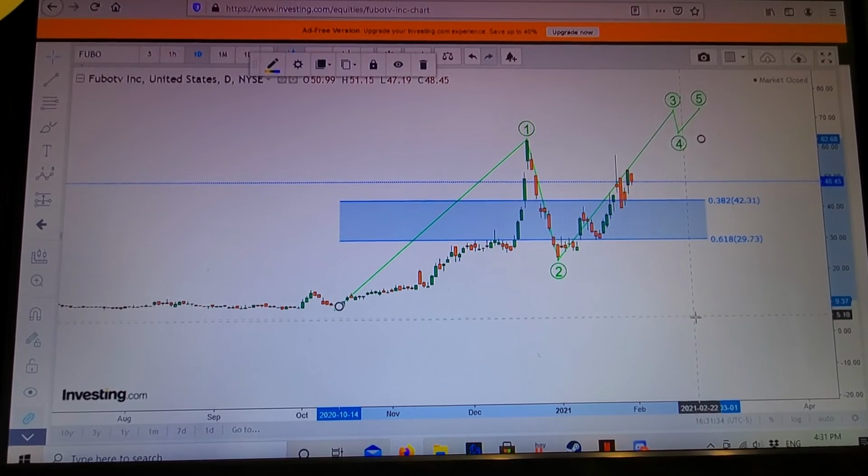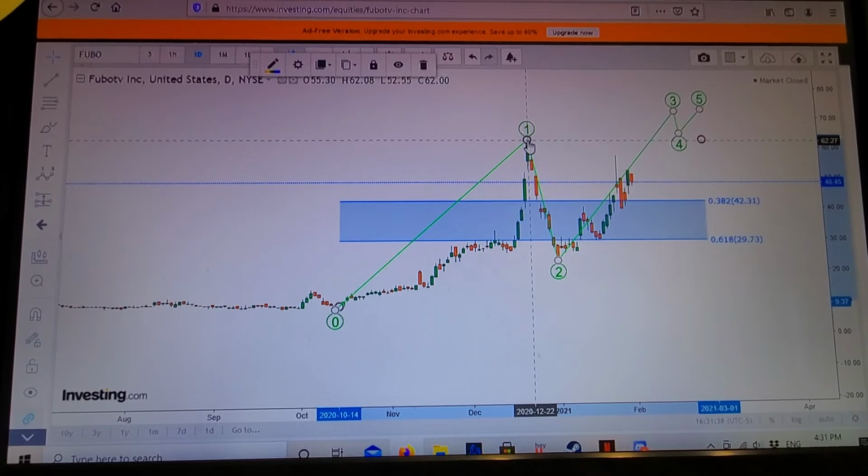So that's a pretty good sign that it's broken out and it's starting to move up, and it's going to retry for its 62 area where it was before. There's obviously some interest in it.